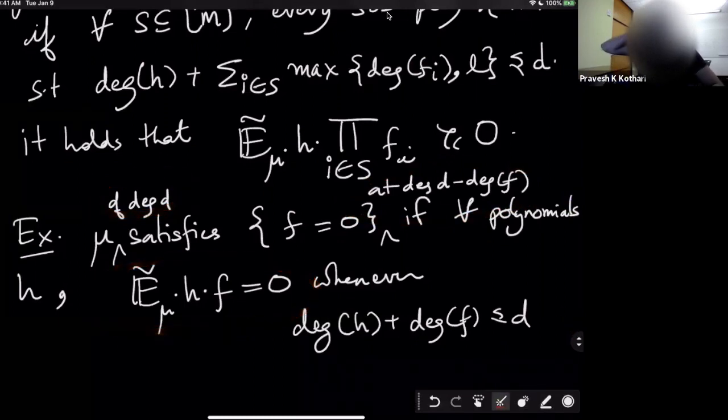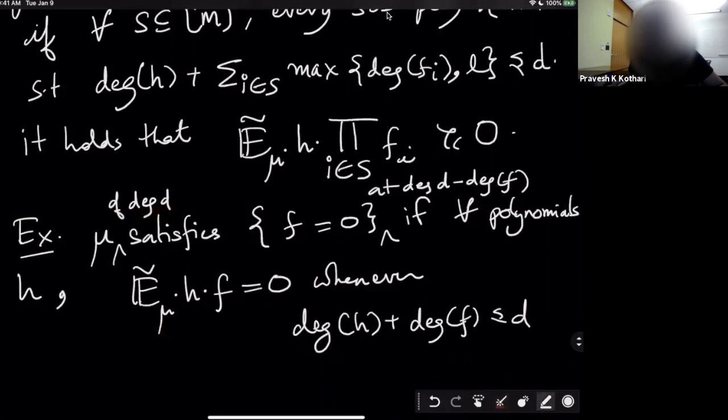We are in some sense trying to import some properties that actual distributions that are supported on solution sets of polynomial equality constraints must possess. And then we are trying to lift them and derive consequences that should be true for pseudo